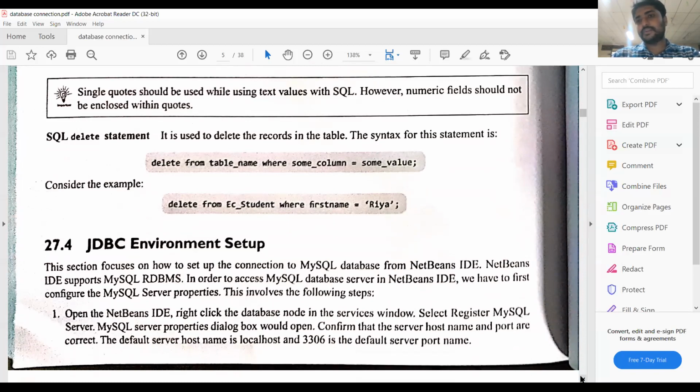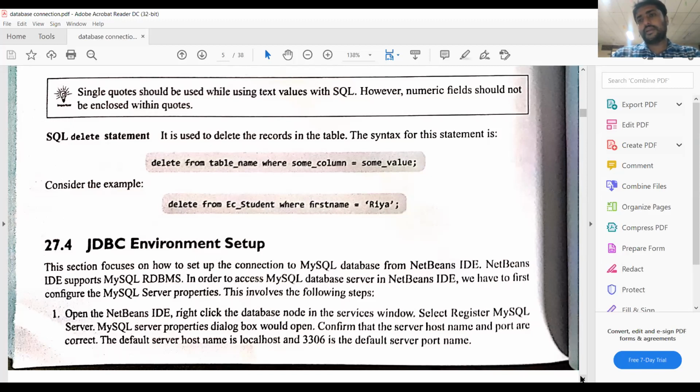After downloading the JDBC driver, we have to give the class path. While installing Java, we have set up the environment variables, path and class path. For path, we have given the bin folder path. For the class path, we have given the library files folder, the lib folder path.